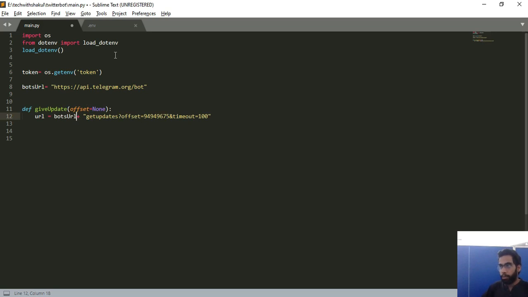Okay, I also need to add a token here only. So format and add token. Okay, now that I have added the token, my updated URL is this, and I'll add a slash over here. So getUpdates, and I want to add an offset, and offset will be equal to whatever offset I send.